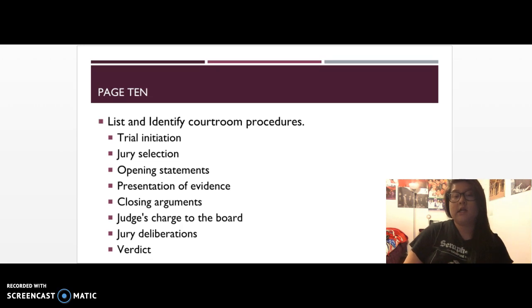And I basically mentioned in depth each section in the paper, and how each of the procedures works in the courtroom, which is what I did in page 9. So the ones that are listed, I basically went in depth in the paper on each of the sections, in order to let it all make sense and stuff like that.